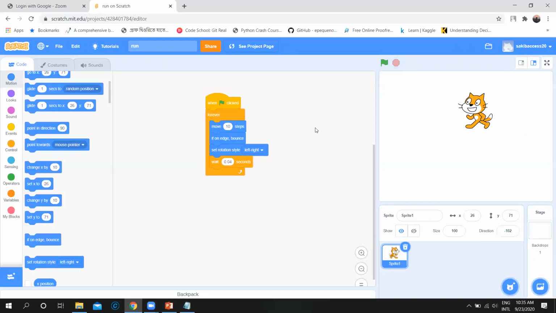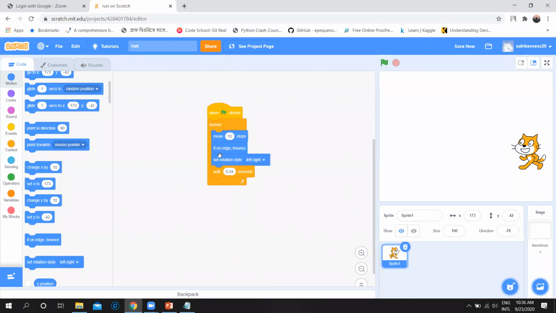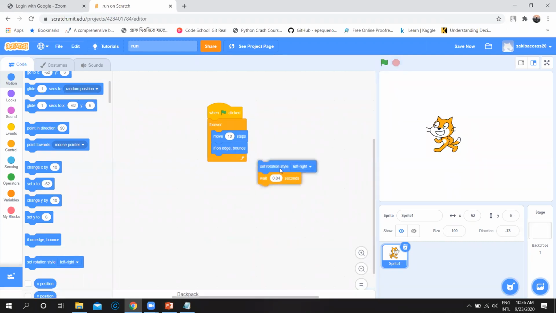Okay, let me check. Run it. It should not actually. See, there are hundreds of blocks. I don't know sometimes which block works perfectly. Basically, it was working first.